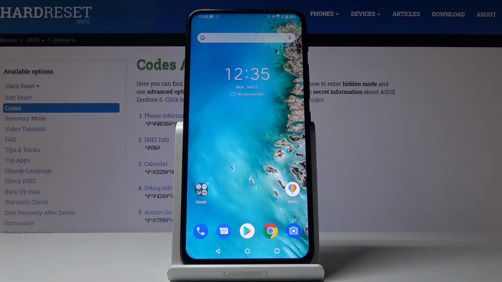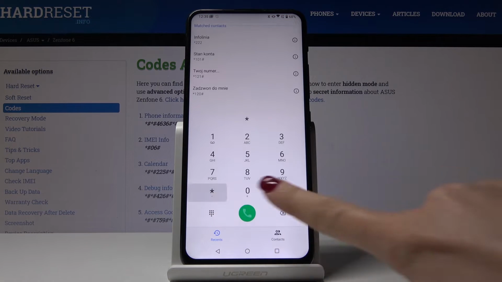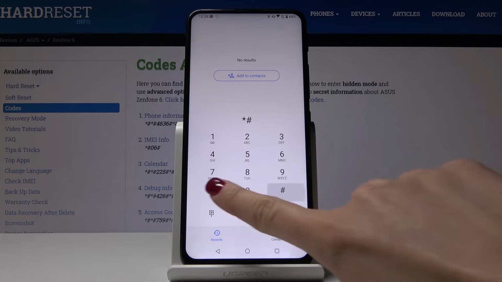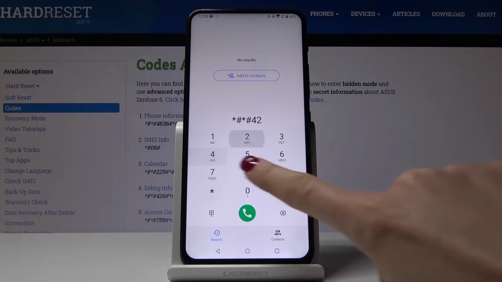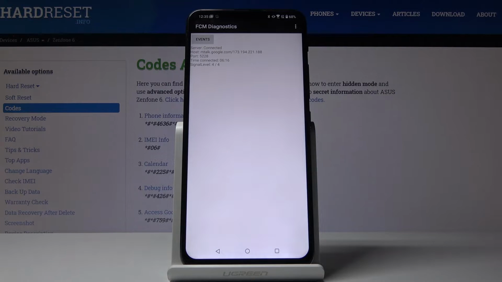Here I've got the ASUS Zenfone 6 and let me show you all the secret codes that can be used on this device. At first you have to open the phone dialer, and let's start with the first one, which is *#*#426#*#*. And as you can see now we are in diagnostic mode performed by Google,